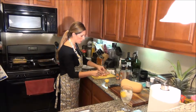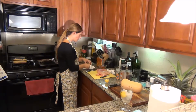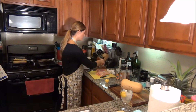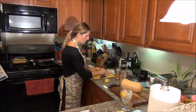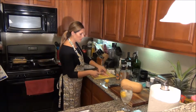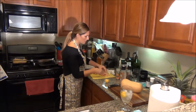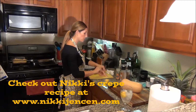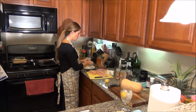This is definitely one of my favorite recipes just because it has so much flavor. All right, so we'll start with some goat cheese, which I'm like a goat cheese fanatic, really. I put it on everything. Eggs, salads, it's almost ridiculous. If you look at my website, nikkijensen.com, you'll see a lot of my recipes do contain goat cheese. I have this one amazing recipe. It's crepes made with goat cheese. Check out that recipe. It's really, really good. And it's pretty good for you too. And it's all gluten-free, all wheat-free,